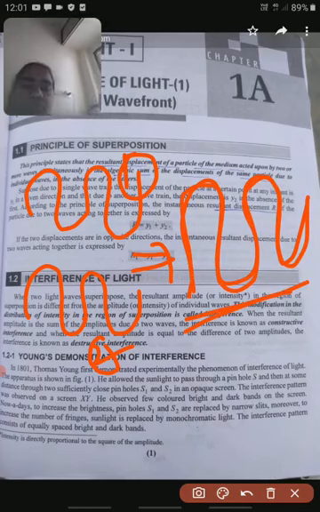If two waves are different, this wave is like this and this wave is different, so we get a low intensity wave. The superimposition or overlapping of waves is called interference. The resultant amplitude and intensity of this wave is lower than the individual waves. In destructive interference, the amplitude and intensity are very low compared to the first wave and second wave.